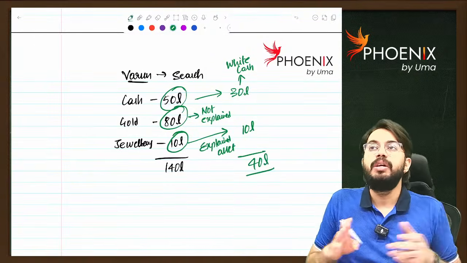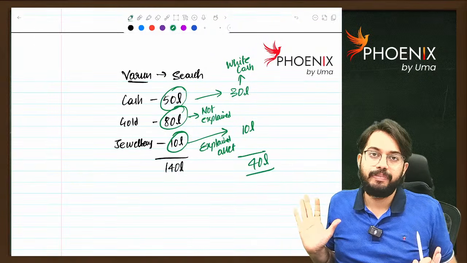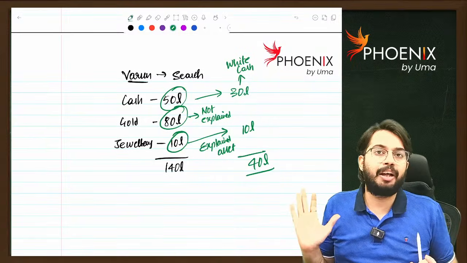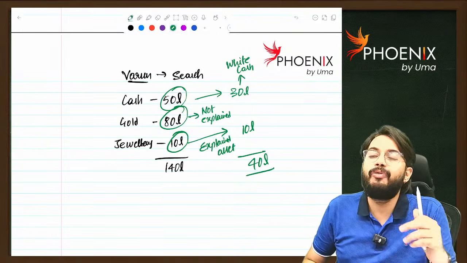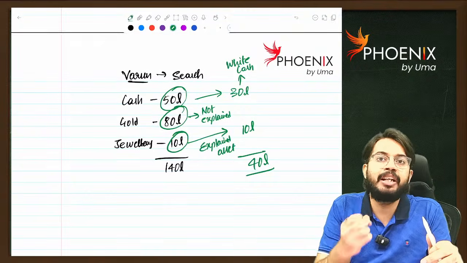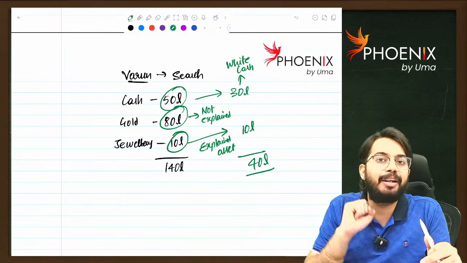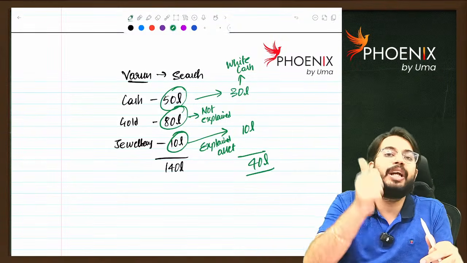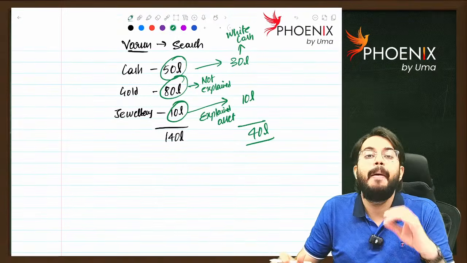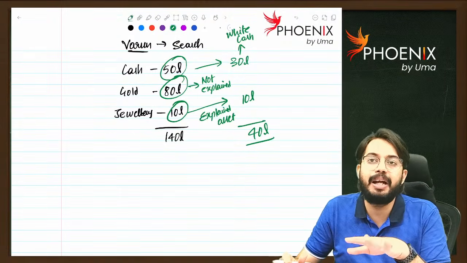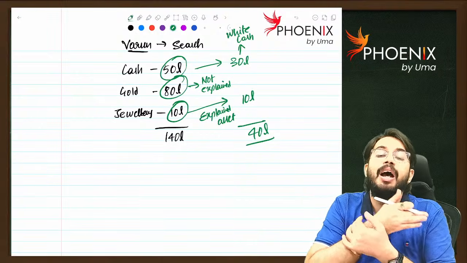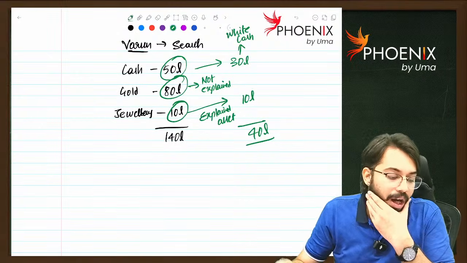Sir, now department has done search. Out of 140 lakh rupees, 40 lakh rupees is genuinely disclosed in ITR. Now whatever assets are genuinely disclosed, can I get back those assets from department? Yes, you can get back those assets from department, but department will calculate the tax liability. After adjusting the tax liability, department will give the explained assets to you. Are you able to understand?